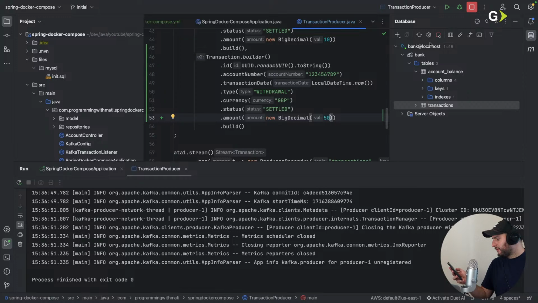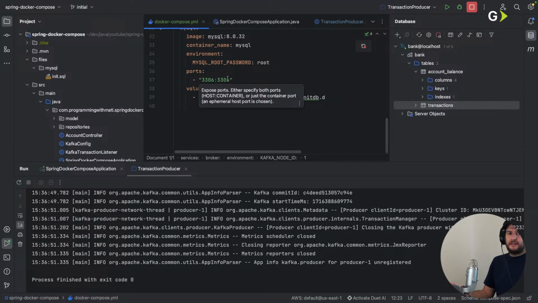Is there any other questions? What's the difference between creating a MySQL image and a Kafka image separately from each other with Docker Compose? So what I said is that I do it like that so that I don't have to install it myself. And if I want to change the version of MySQL, I'll just go to the Docker Compose file, change that, and that's it. I don't have to go install a different version. Then maybe I'll have conflicts between different versions. That's the great